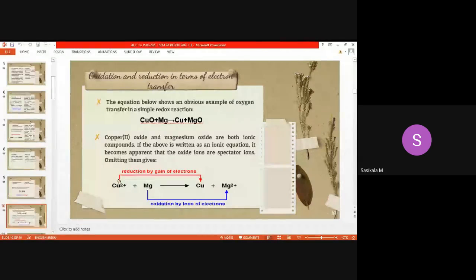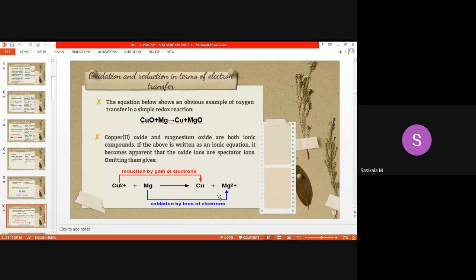what it does, it gains electrons from magnesium. Okay, from magnesium, this is a neutral atom, it gives electrons to the copper, so copper is getting neutralized. So addition of electrons will reduce the valence number here. So it is getting neutralized as copper, whereas magnesium, because of loss of electrons, it has lost 2 electrons, so it gets ionized.